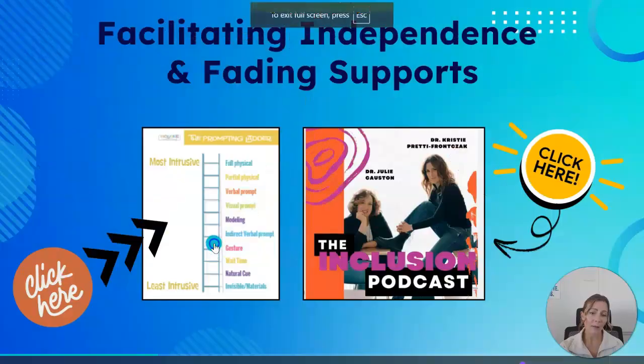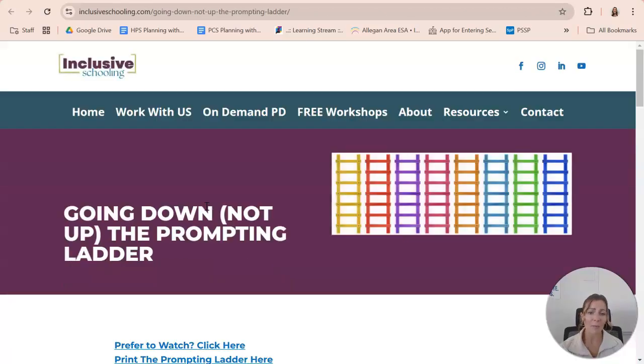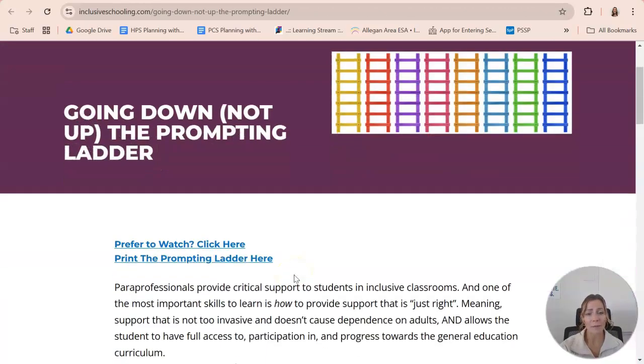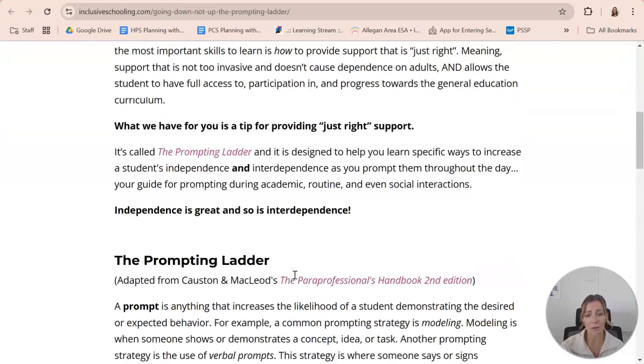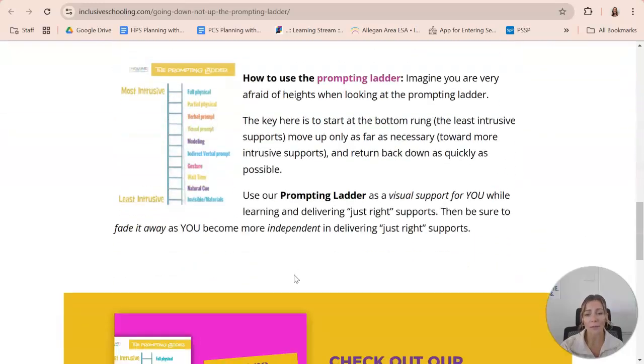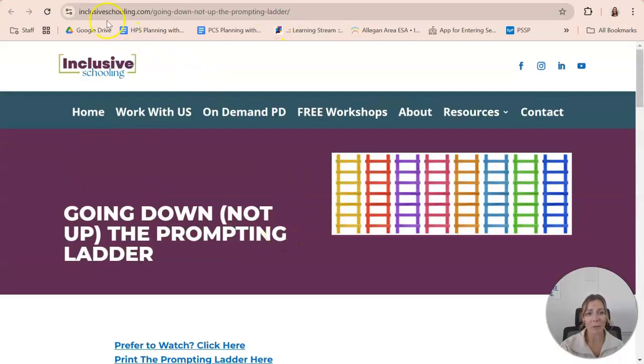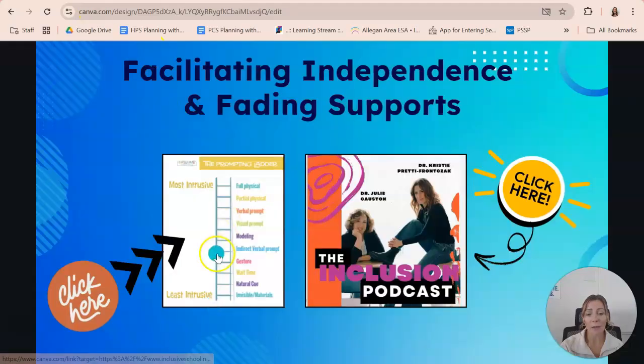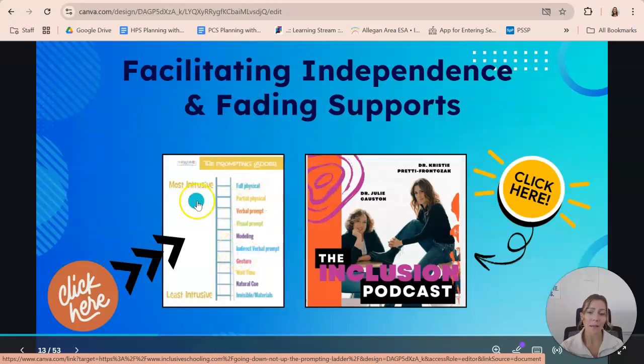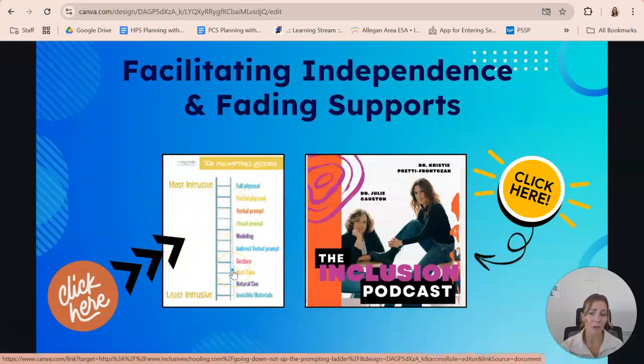And then the next one, this document here. They will reference this document in the podcast. I grabbed this from the website for you and just wanted to share it with you to give you that visual as well. So this is called the prompting ladder, and I'm not going to go super deep into this, but they'll teach you about the prompting ladder and what that means. And this again is something that I would 100% print off for my independence facilitators if I were still teaching,